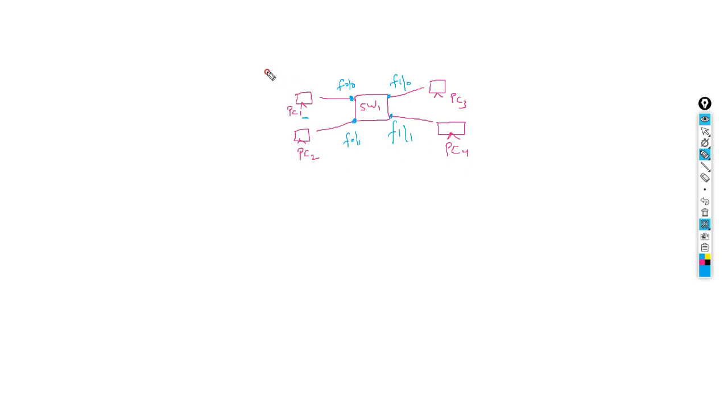For example, this PC has the IP 192.168.1.1, PC1. PC2 has 192.168.1.2. PC3 has 192.168.1.3 and PC4 has 192.168.1.4. These are the IP addresses of the machines PC1, PC2, PC3. Now what I am saying here,